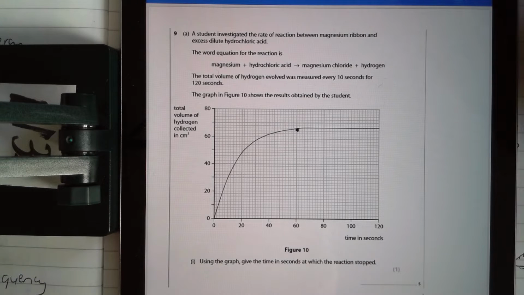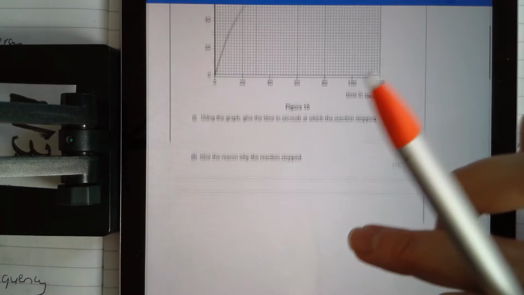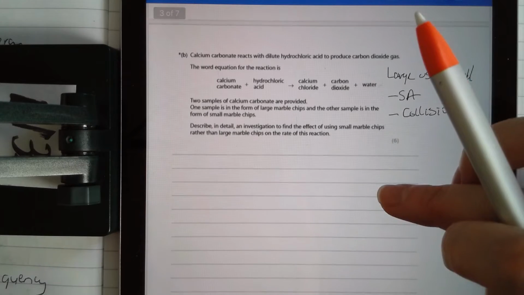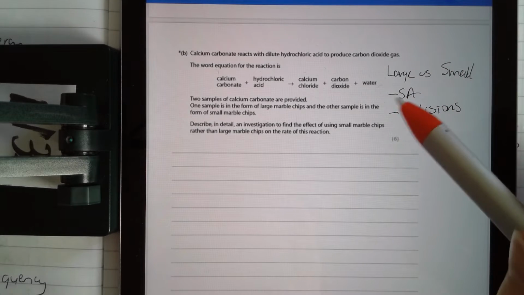I'm just going to give you one or two pointers before you start, and then I want you to pause me, answer the questions, and then press play again when you're ready to go through the answers. First few questions I think should be okay. Just with this one here, I just want to give you an idea of what you're supposed to include because